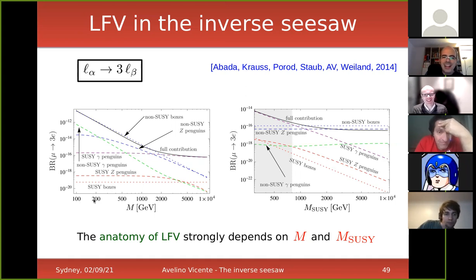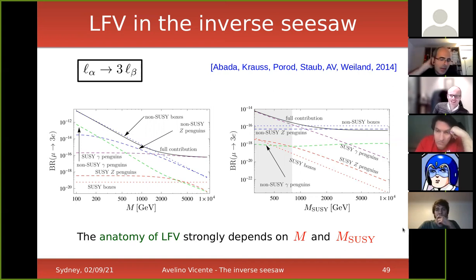Okay. Makes sense. And also here on the right-hand side, you have varying supersymmetric masses, but fixed singlet neutrino mass. So the singlet fermions have 1 TeV masses in this plot. So when you go to very low supersymmetric masses, well, you have to go to forbidden regions, but you see at least qualitatively that some supersymmetric contributions, for example, the SUSY penguins, can actually be dominant when you go to this region. So it's just because they are lighter. There is nothing else. Okay.